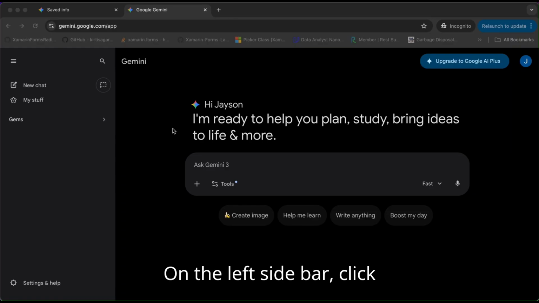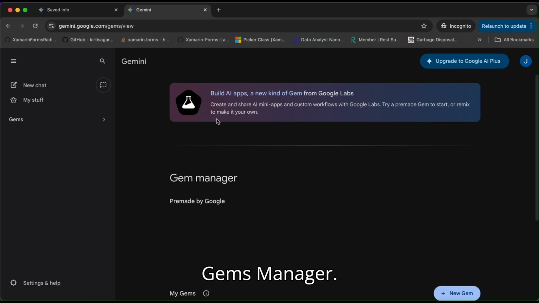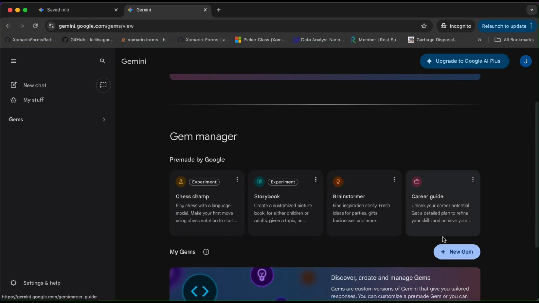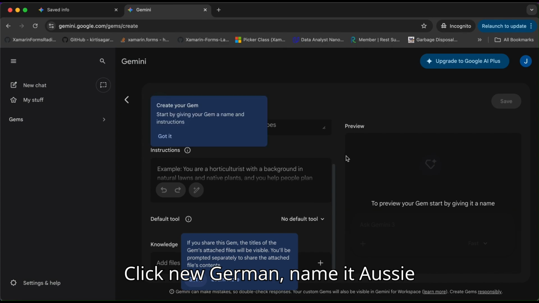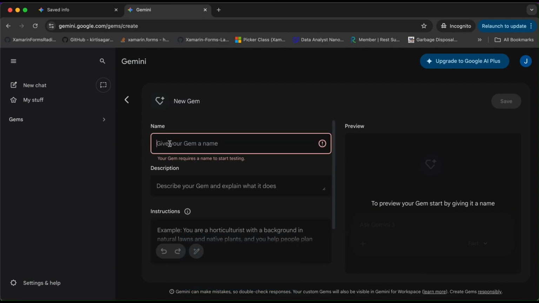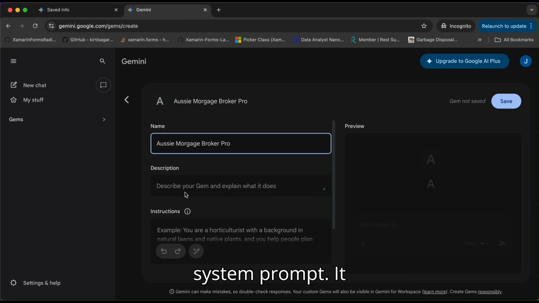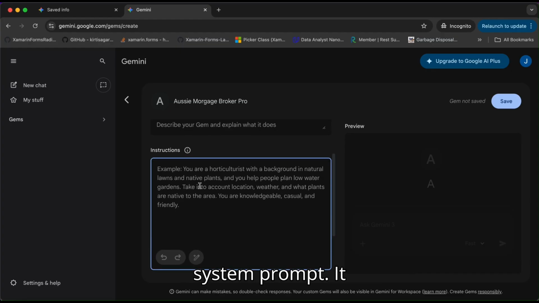On the left sidebar, click Gems. In Gems Manager, click New Gem and name it Aussie Broker Pro. In the instructions box, paste this system prompt. It includes local context,